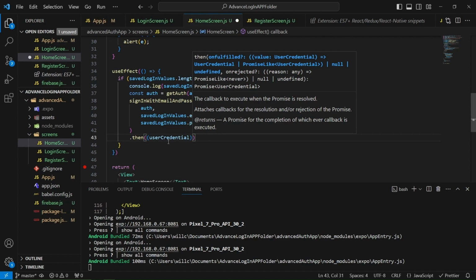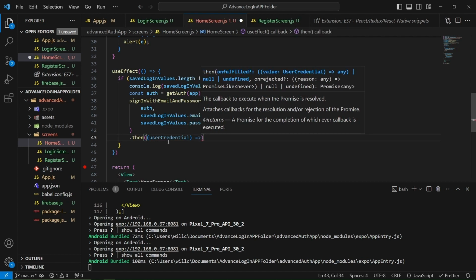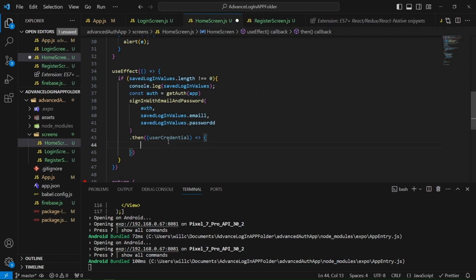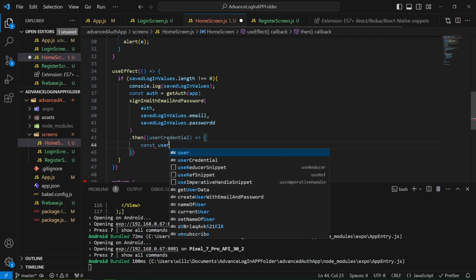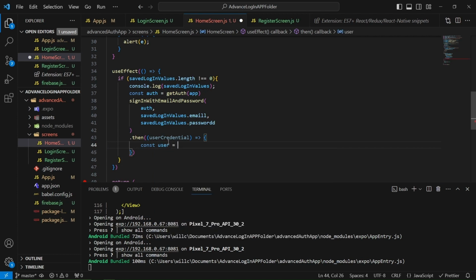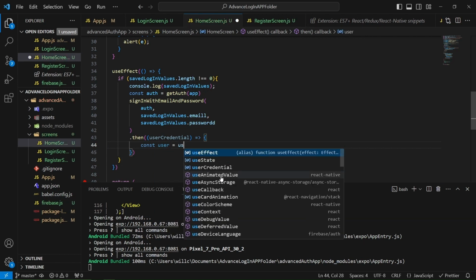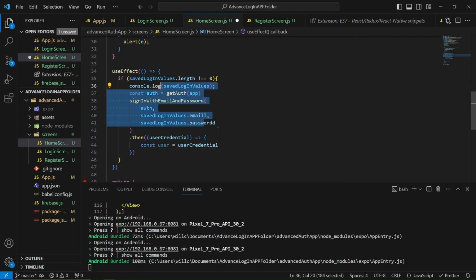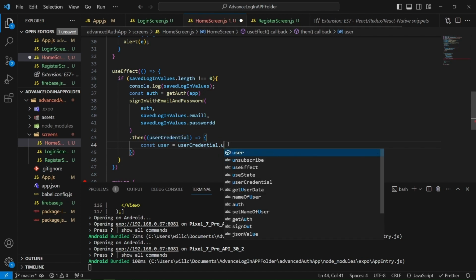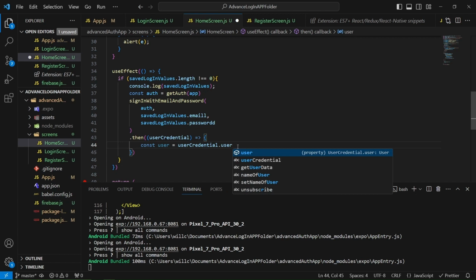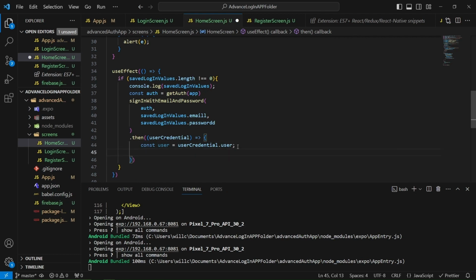Then we're going to do an equal, less than. We're going to open up some curly brackets. Awesome. In these curly brackets, we're going to do a constant user, and then equal that to user credential, because that's going to be returned to us from logging in. We're going to do .user after that, because we need the specific user that we're logged in with. Semicolon. Then we're going to do a console log just so we can view it. Console.log, parentheses. Inside those parentheses, we're going to give it some double quotes and do "user signed in",